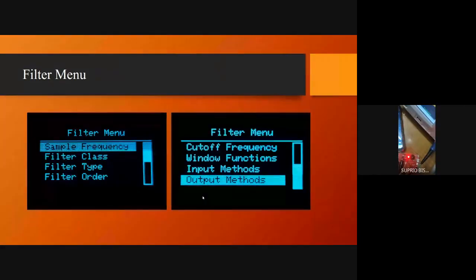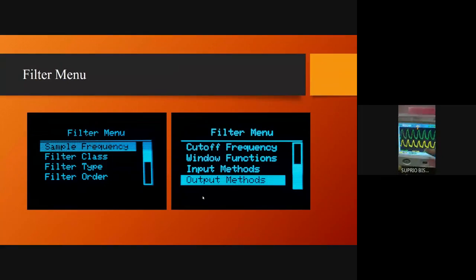I will first give the input in the stop band range. Next, you can observe the output on a DSO. The green one is the input signal and the yellow one is the output. Right now the frequency lies in the stop band range, so the output is not very much. You can see the amplitude of the input signal is 2.92 volts and the output is less than 1.3 volts, so basically it's not passing. If you increase the frequency and make it in the pass band range, you can observe that the output is trying to copy the input and the voltage is also increased. So this is the implementation of the high pass filter.